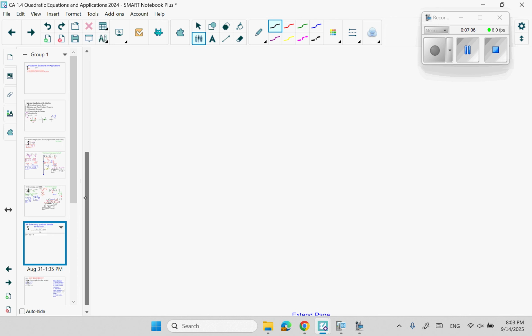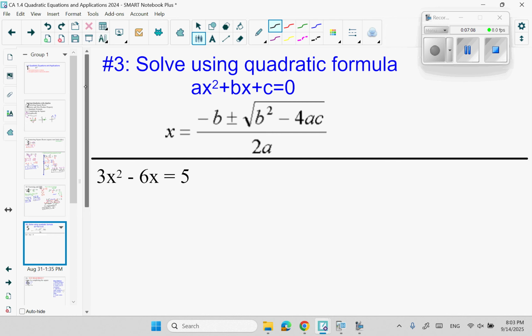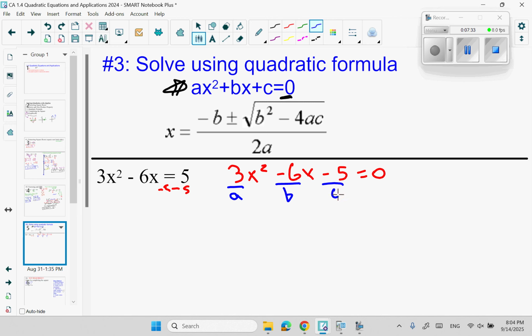A common way that students feel comfortable with is the quadratic formula. Remember, it's got to be in standard form, so it's got to equal 0, ax squared plus bx plus c, where we use this formula and just identify the terms. So the first thing we would do, minus 5, 3x squared minus 6x minus 5 equals 0. So we have our a, our b is -6, and our c is -5. So plugging into the formula,